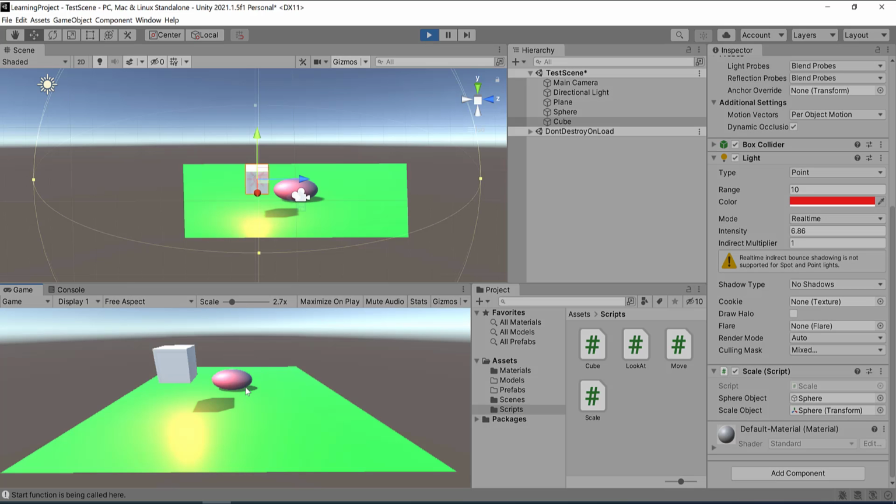As you can see, the scale of this sphere game object has been increased, and this sphere looks like an oval shape right now as it is increased 2 meter on the z-axis. So you can play with these different options and you can try how to scale different game objects. The next topic which we are going to discuss is how to instantiate or how to create a game object at runtime. So let me stop this and